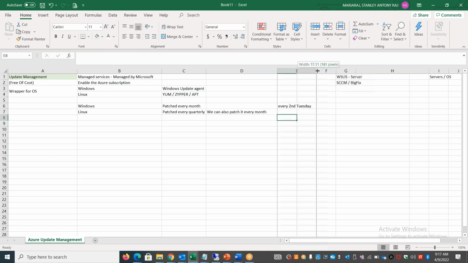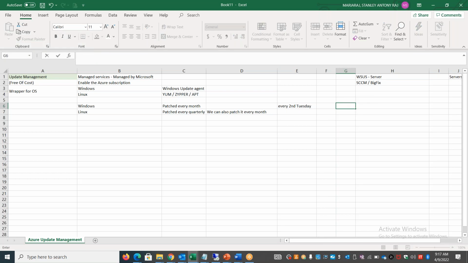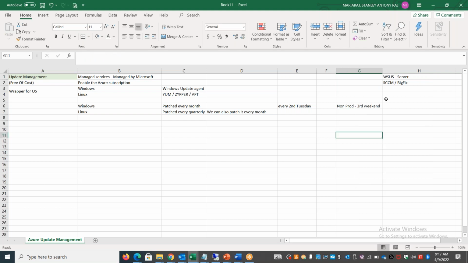And how most organizations will patch their systems is they will patch the non-production environment, possibly by the third weekend or whatever, similar to that, and they will give some time to